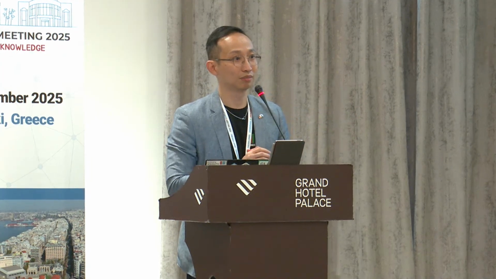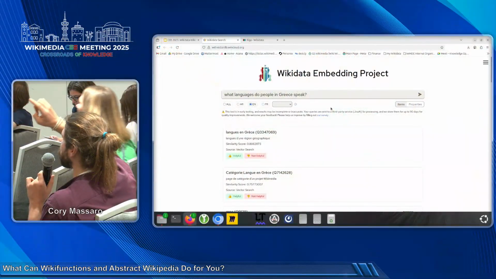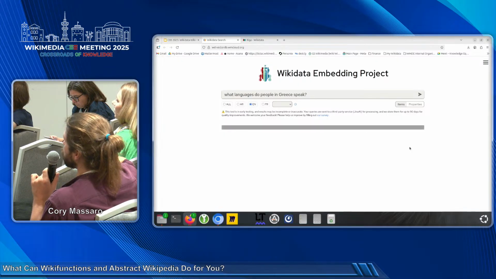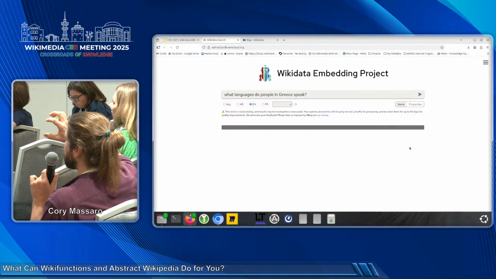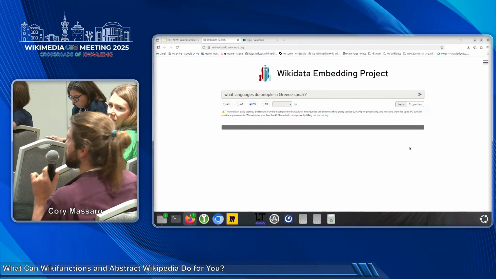Yeah, just a quick one. So when you did the search with the same query in English, you requested the results in English and then in French. It's interesting that the results were different. I would have naively expected the results to be essentially the same, just labeled, taking the labels from Wikidata. So I want to check my understanding. Is this translating the query to French and then querying, or is the vector database built off of some natural language representation to make the embeddings? Because I would have expected it just to be the structured data that builds the embedding. So I guess I'm wondering what accounts for the asymmetry.